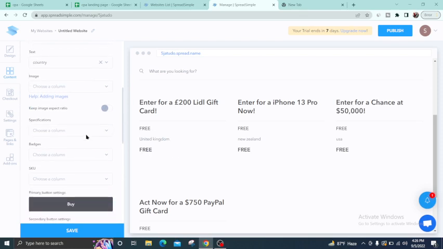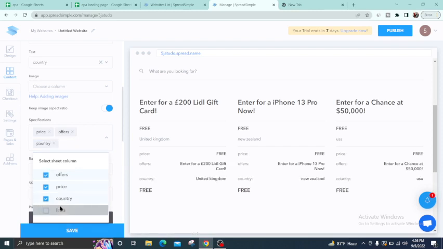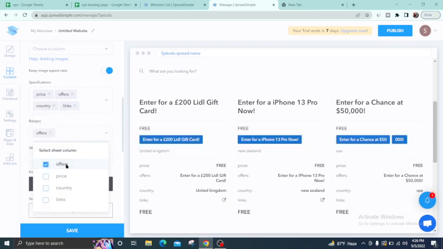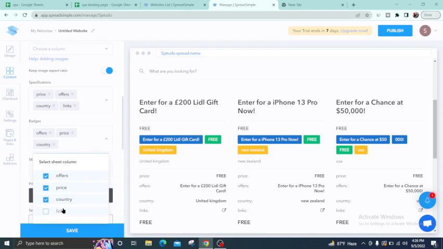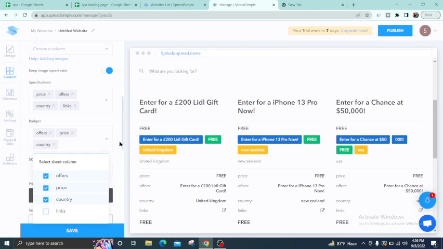Okay, keep images. Select the column. Okay, price. You can give price or offers, country, links. Okay, I have selected all. Then budget, offers, price, country, link. You can answer the link. Okay, then